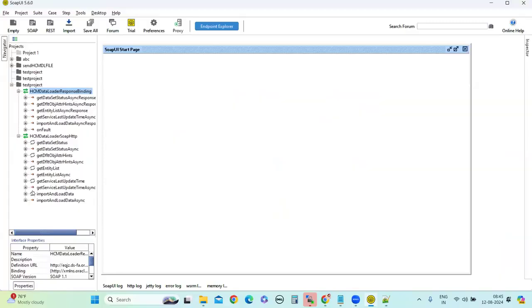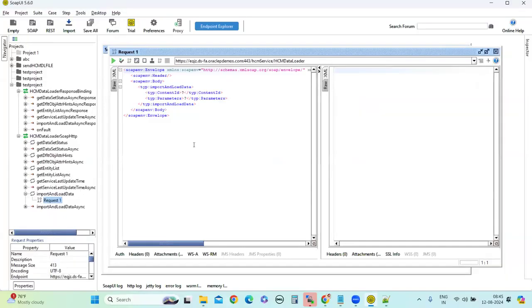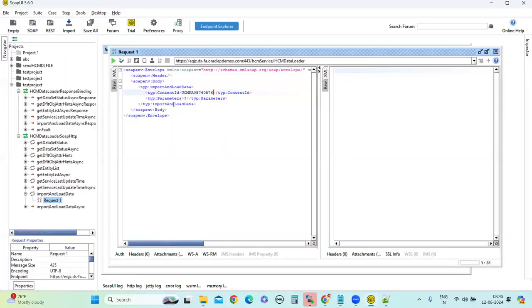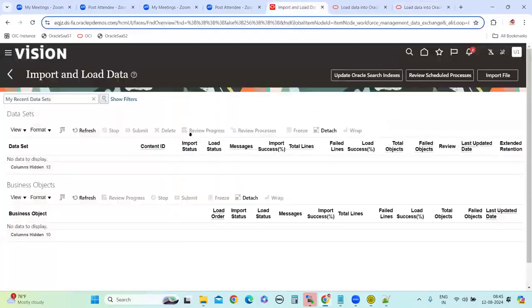So now if you look at this one, import and load data. It is straightforward, right? What you need to pass to the HCM data loader program is the content ID. What is the content ID? We already got the content ID, right? Copy this content ID. Paste here. And when we run the program,